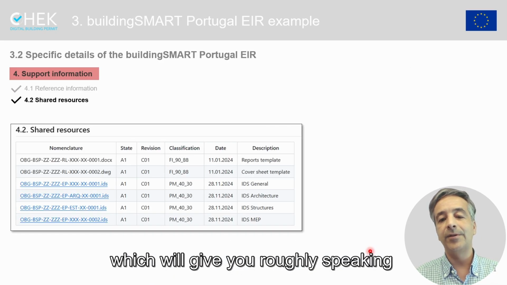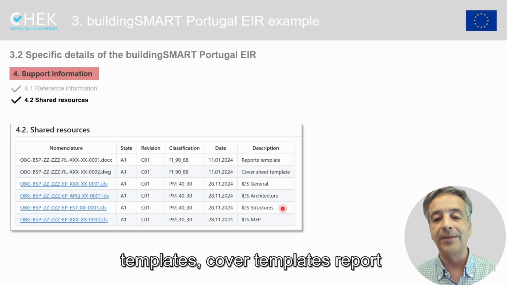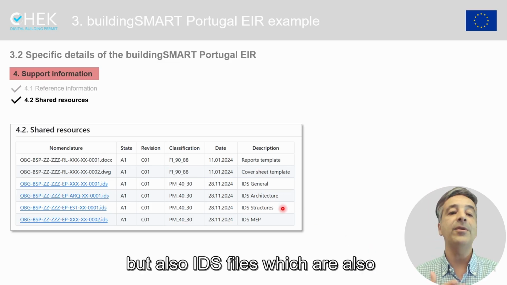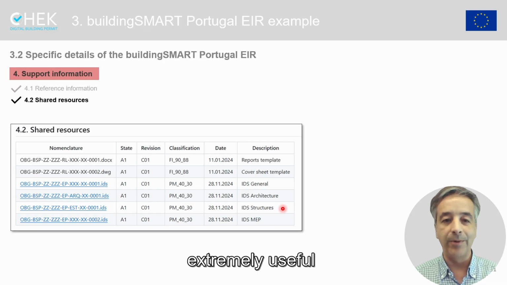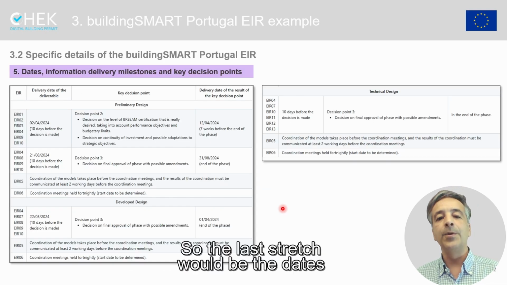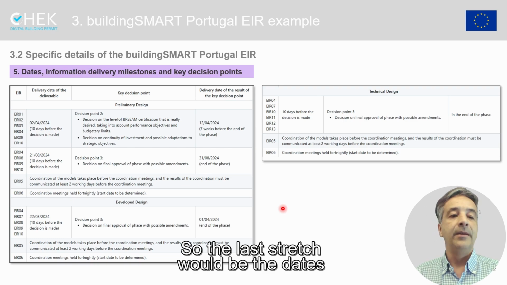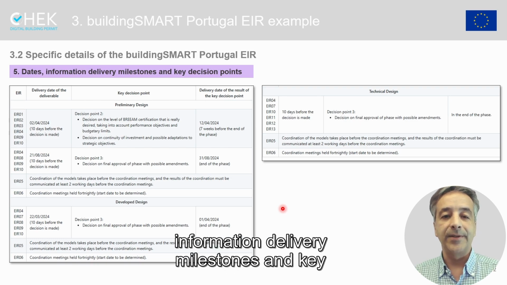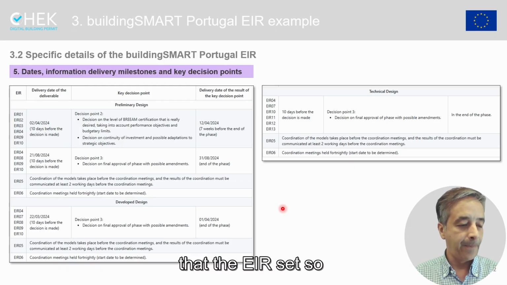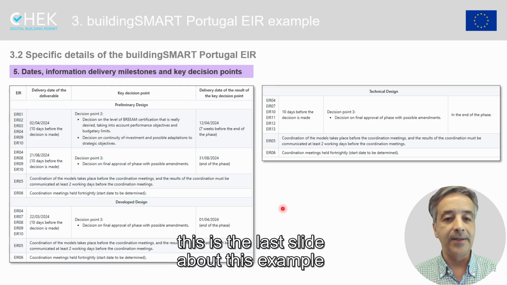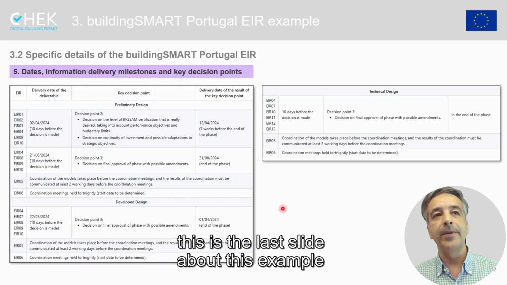And then the shared resources, which will give you, roughly speaking, templates, cover templates, reports, but also IDS files, which are also used in the scope of CHEK and can be extremely useful. So the last stretch would be the dates, information delivery milestones, and key decision points, which are tabled in a way that the EIR sets. So globally speaking, and this is the last slide about this example from Building Smart Portugal,